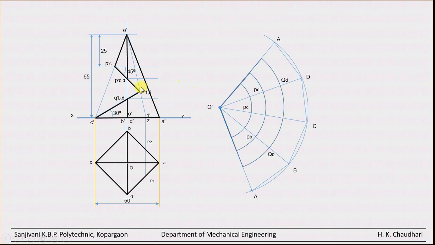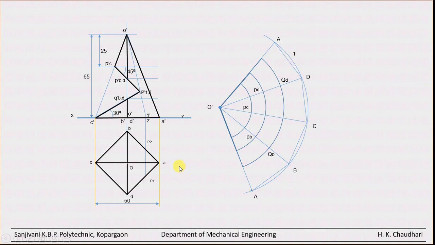Now we have to locate P dash 1 and P dash 2. Now it is somewhat difficult to locate this. So how to locate? First locate point number 1 on this curve, or on this edge AD. How? By taking the distance A to P1 in the compass and marking here. Clear? Here will be that point.